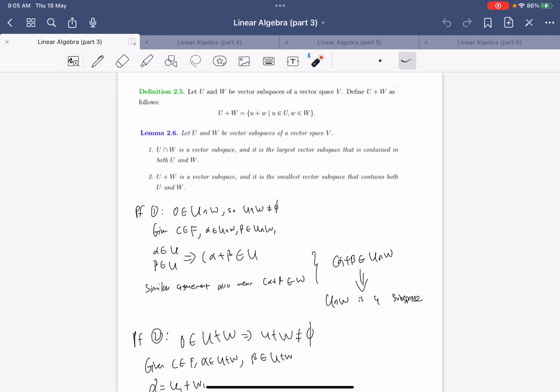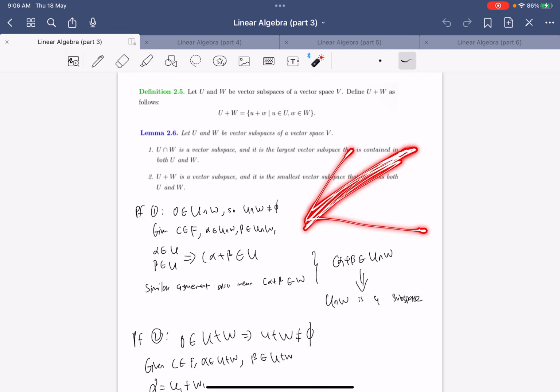One thing to note is that U union W is not a vector subspace, because you can just think of it in 2D. So you've got this two-dimensional space. One of them is a line, and this is the origin. The other one is a line. U plus W will be another